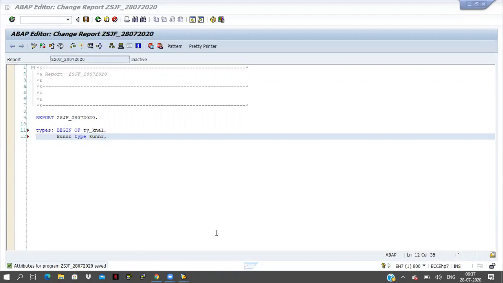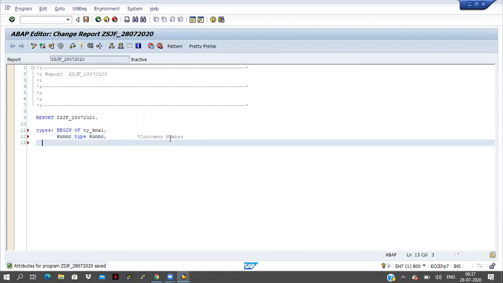Instead of that, if we maintain the description here only, then it will be very easy for any other developer. What is this KUNNR? KUNNR is indicating customer number.